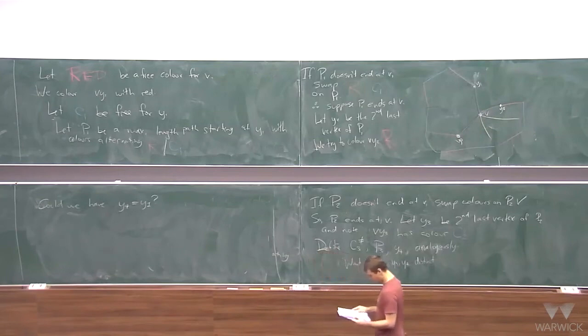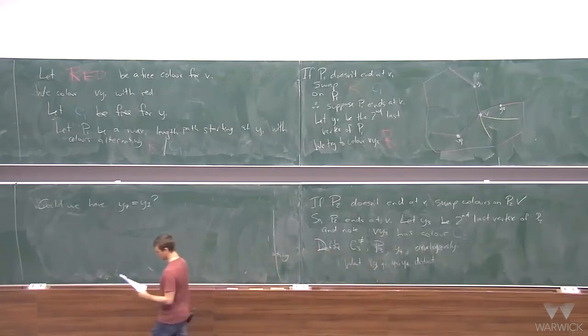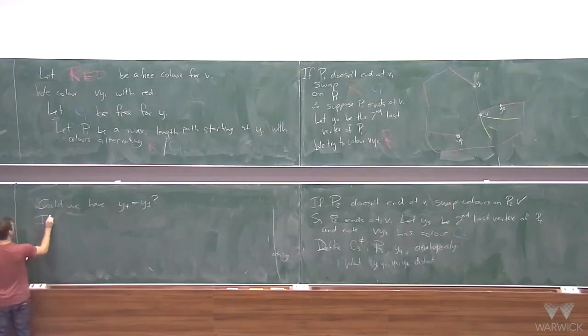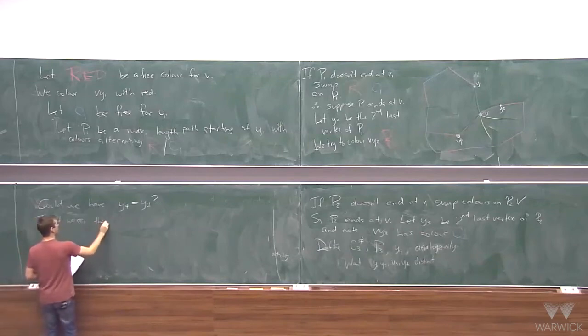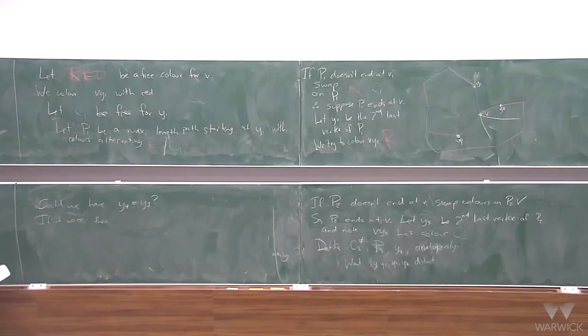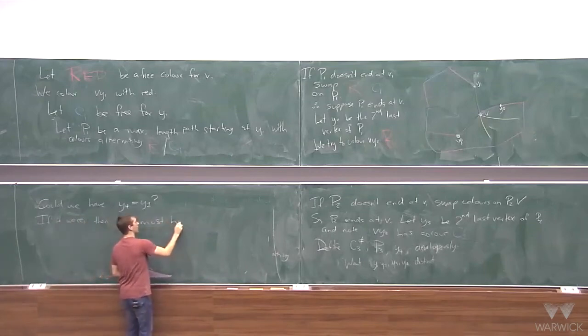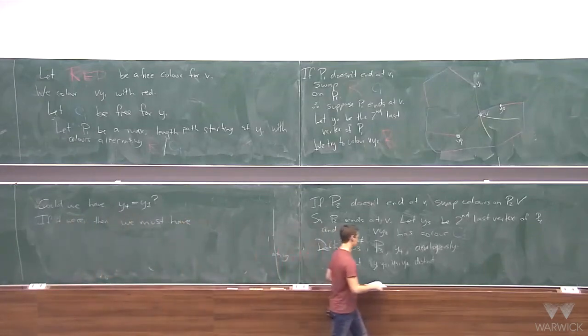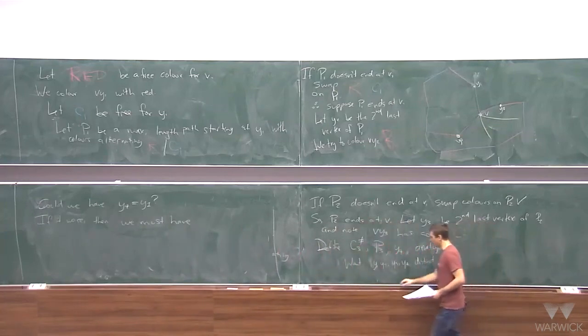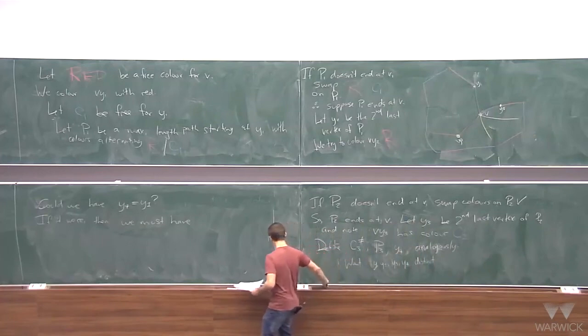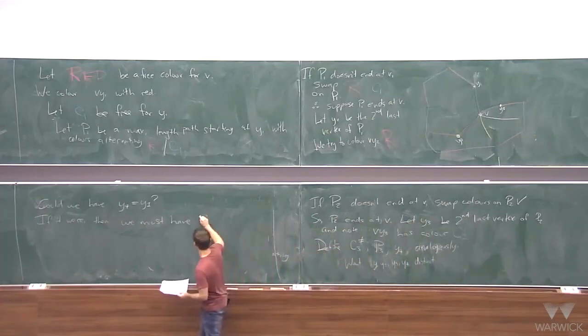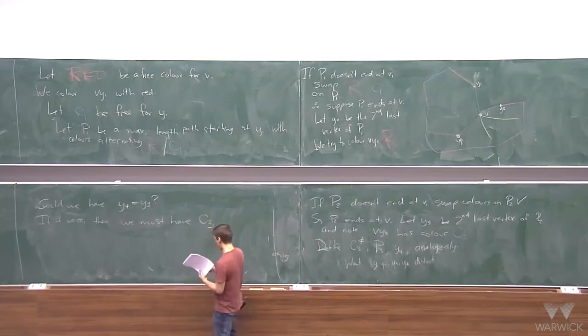So if it were, then, well, so then we must have that. So I'll explain this in a second, but the color C3 would have to be equal to the color C1